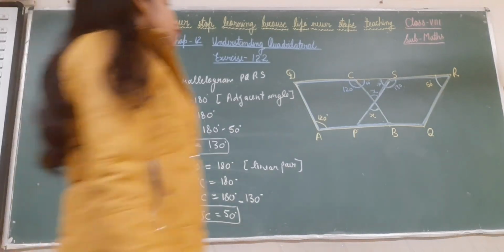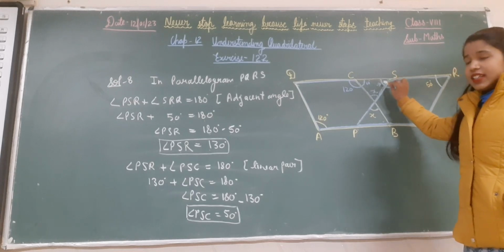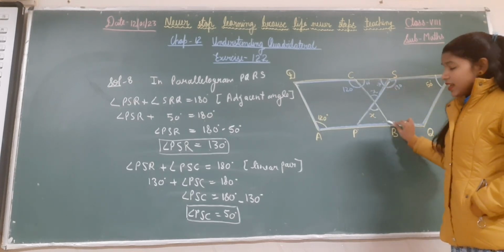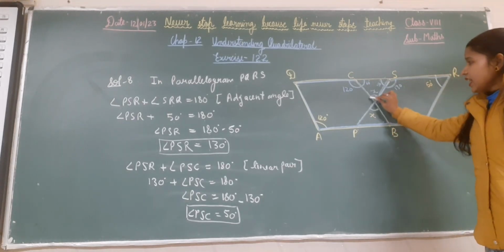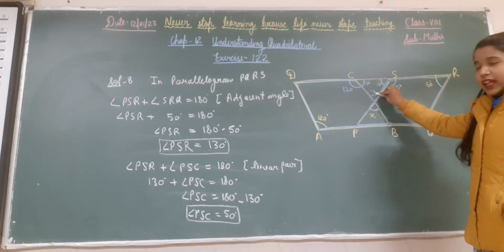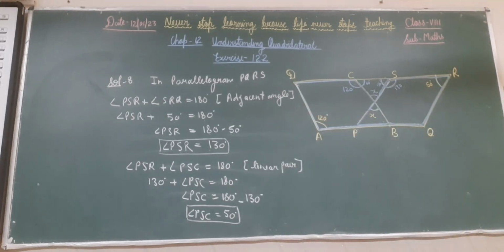Now we all know class. Look at here. We find this angle. We find this angle. Now we have to find this angle. We all know that when two lines intersect each other, vertically opposite angles are equal. That means if this angle is x, then this angle will also be x. So I am rubbing the board. Note it down fast.